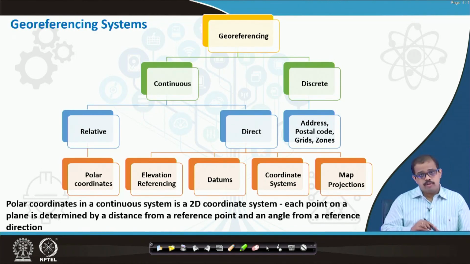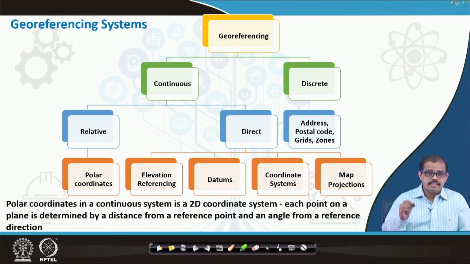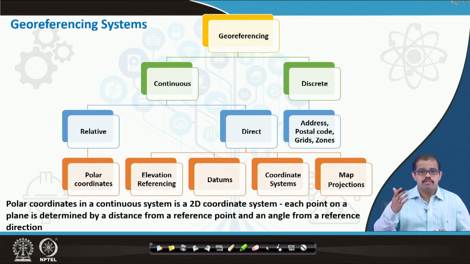So which means to say that you have a reference point from which you are trying to find out the distance to a reference point, and then you are also trying to have an angle from a reference direction or a reference line or a reference region. So using this, you do polar coordinates. If you look at your Cartesian coordinate system, you use a reference system in order to look at the angular or the point position at a particular plane. So that is nothing but your planar coordinates.